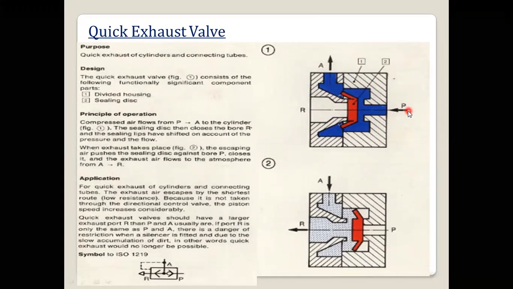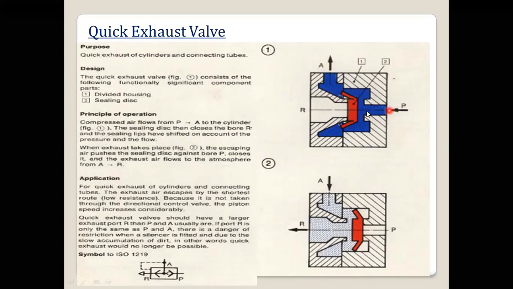Here, P port is the inlet port, A is the actuator port, and R is the reservoir port, which we call the exhaust port. In the first diagram, air is coming from port P and going to port A. The exhaust port is closed.